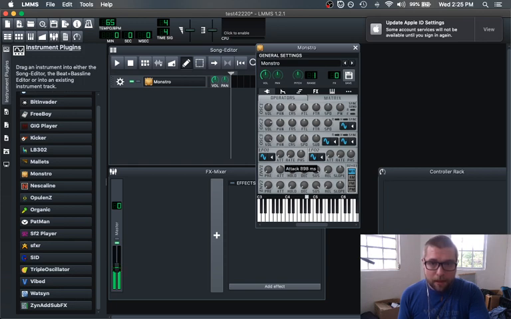Actually right here, this is going to allow our brightness to be warmed out a lot more. Hold it. There we go. Smooth.